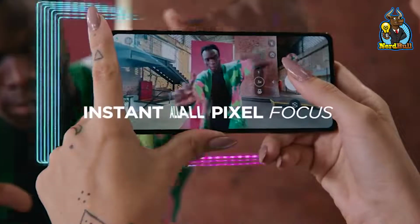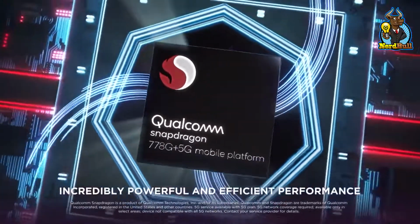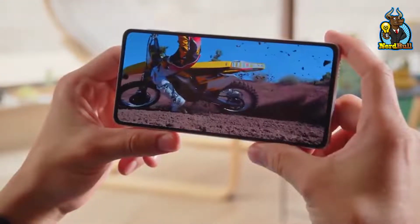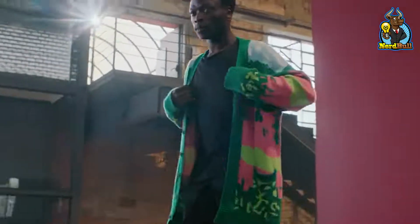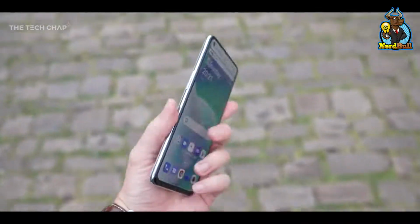Furthermore, the Edge 30 Pro uses a function called pixel binning to dedicate a quarter of the camera's actual resolution to produce 12.5MP images of compelling quality under normal lighting conditions at least. The camera's images are amazingly sharp, and it preserves natural colors well. Its performance in low light, which we'll expand on later in the video, is of interest to fans of nighttime pictures. On the other hand, the Nord 2T has the same camera lineup as the Nord 2 and it sports